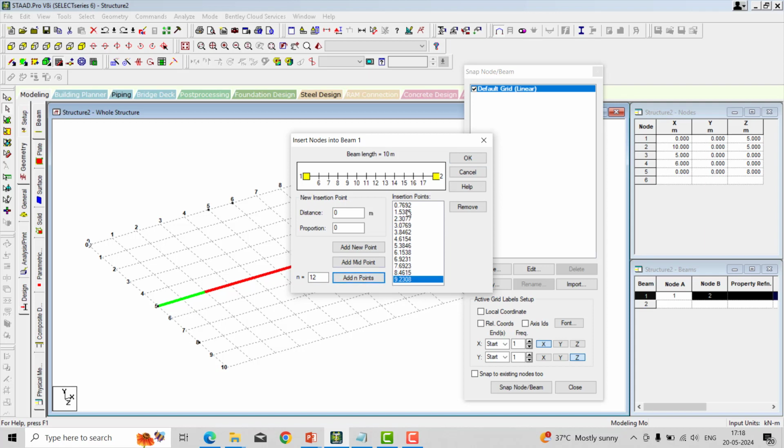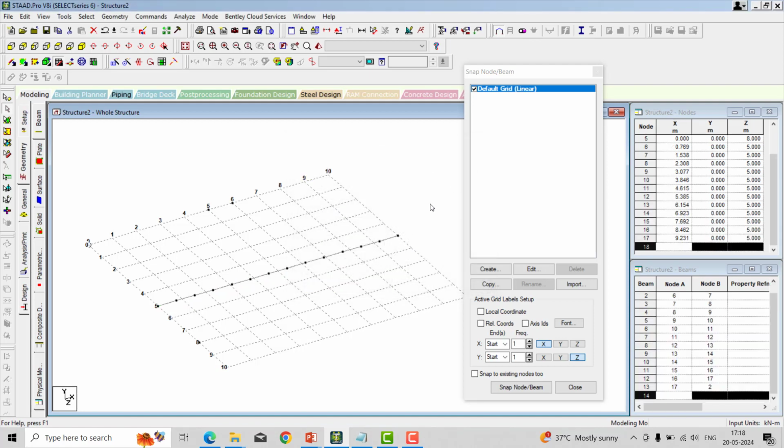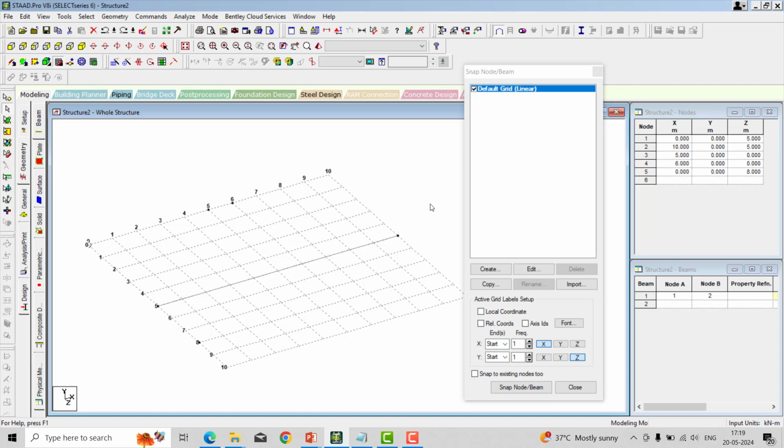So for this distance, exactly 0.762, 1.53, so you get the number of points and then hit on OK. This one we can use while creating the tower. Let's see in the future session how it will help us. This is how we can add the node at a particular distance, at a particular midpoint, and then number of points.